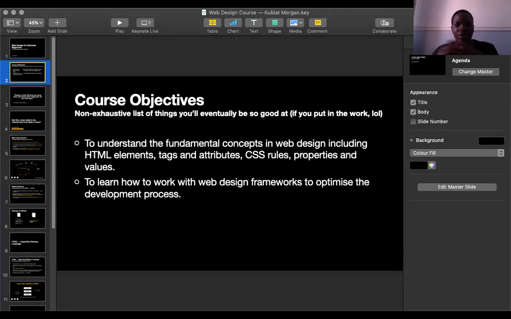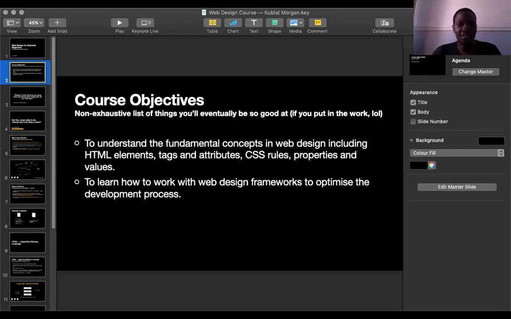Now, for a start, the objectives of this course is to understand fundamental concepts in web design. Web design is a very trendy field in this age. A lot of businesses need websites, and in turn, web designers or web developers are very much in demand.